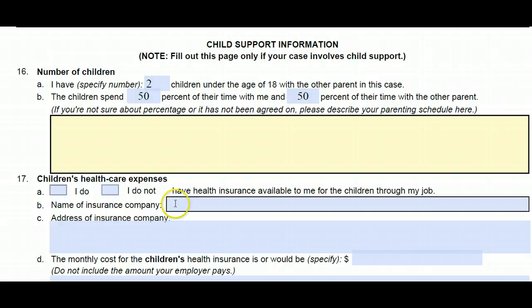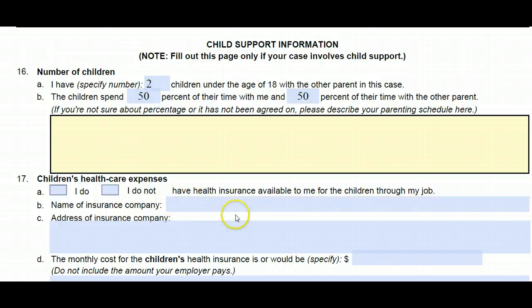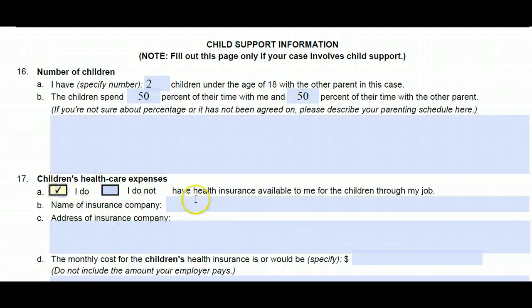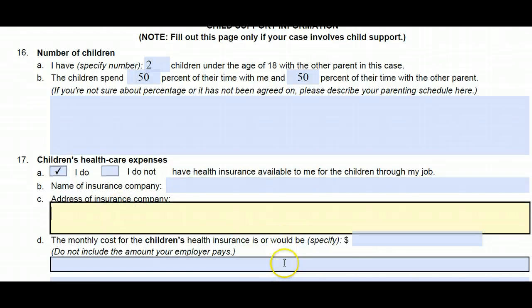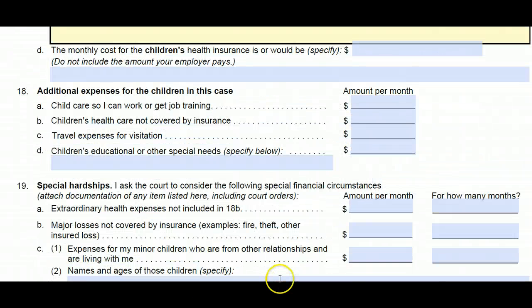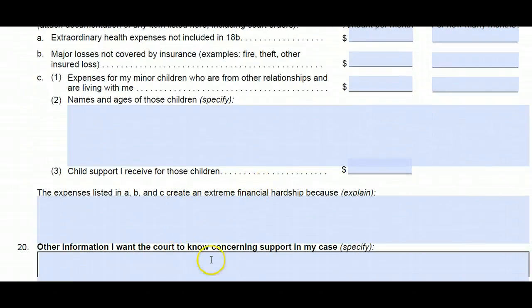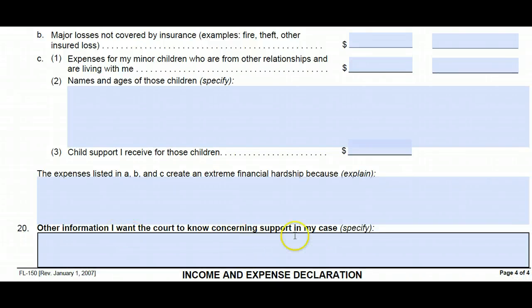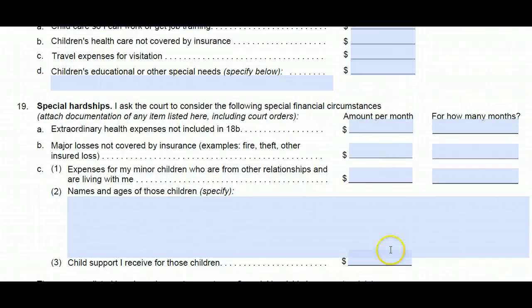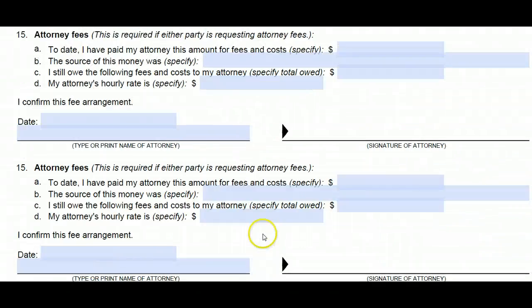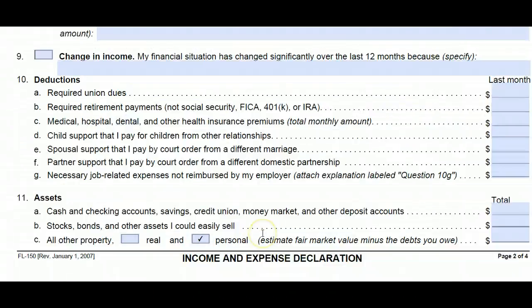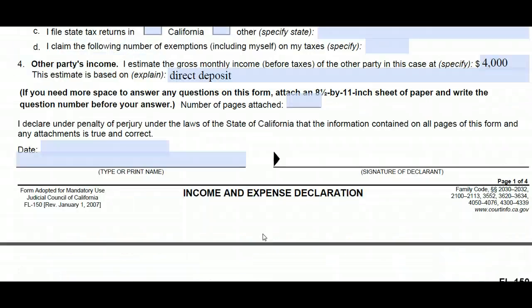Any healthcare expenses, if you have health insurance for your children through your job, you can mark yes, put the insurance company name and the address here. Special hardships, additional expenses for the children in this case, and anything else you want the court to know concerning support in this case. So this form would be completed, the income and expense report, as step 3 of the